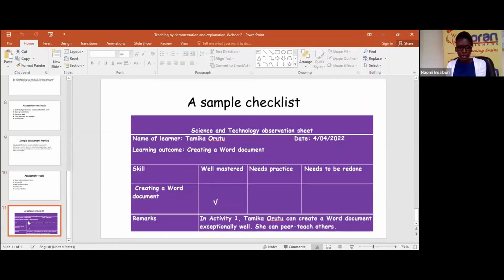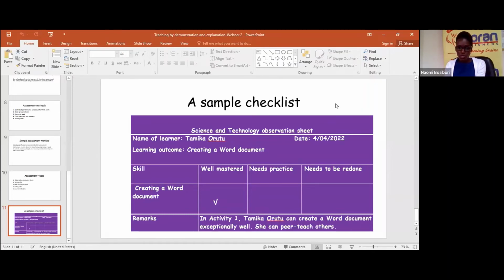So finally, I have a sample of a checklist that you can use as you're assessing these learners, for you to confirm that you can move on to the next learning outcome. This whole substrand requires demonstration, because in the next substrand where you're going to do the coding, in grade 5 where they're using the Scratch program to create games and animations, if they have not mastered the basic, which is the word processor here, then it will be hard for you to move to